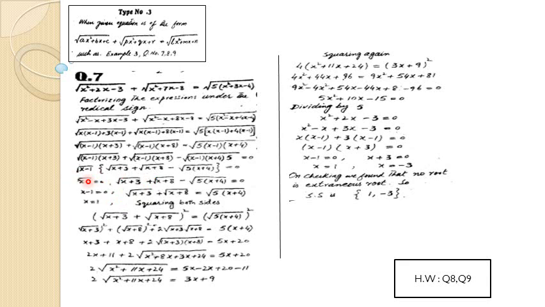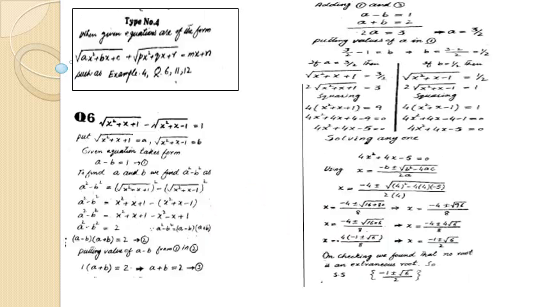Now you can see that this is a and b, a multiplied by b is equal to 0. So a is equal to 0 means it should be equal to 0. Okay. So x minus 1 is equal to 0, and now you can see that this is the type that we have to solve. Squaring both sides, again squaring both sides. So you can see the answer of this. On checking, 1 comma minus 3 is the answer. Question number 8 and 9 are the homework.